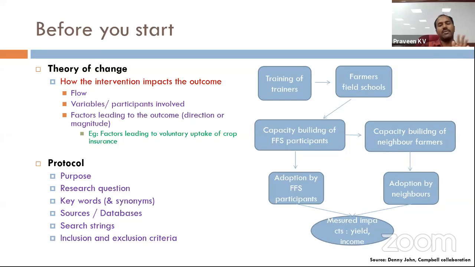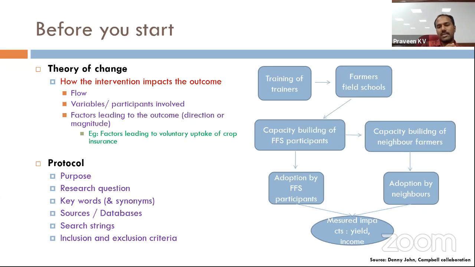When we are trying to see the effect of farmers field school or farmers training, the process starts with training of trainers, the people who are going to teach the farmers. Then they conduct the farmers field school, then